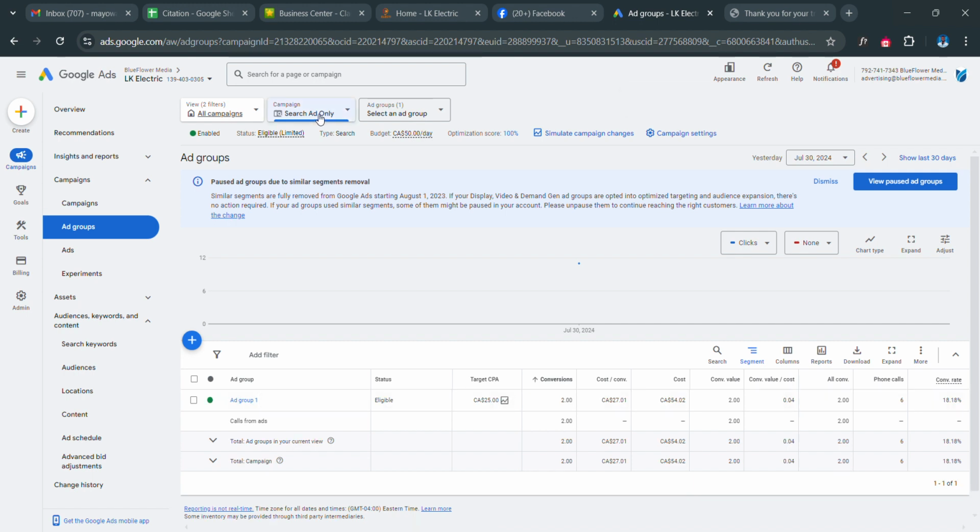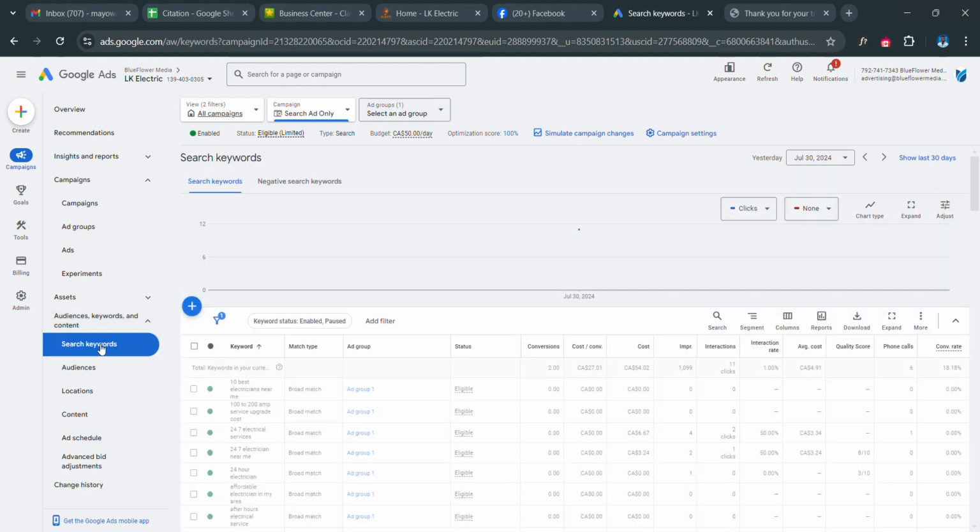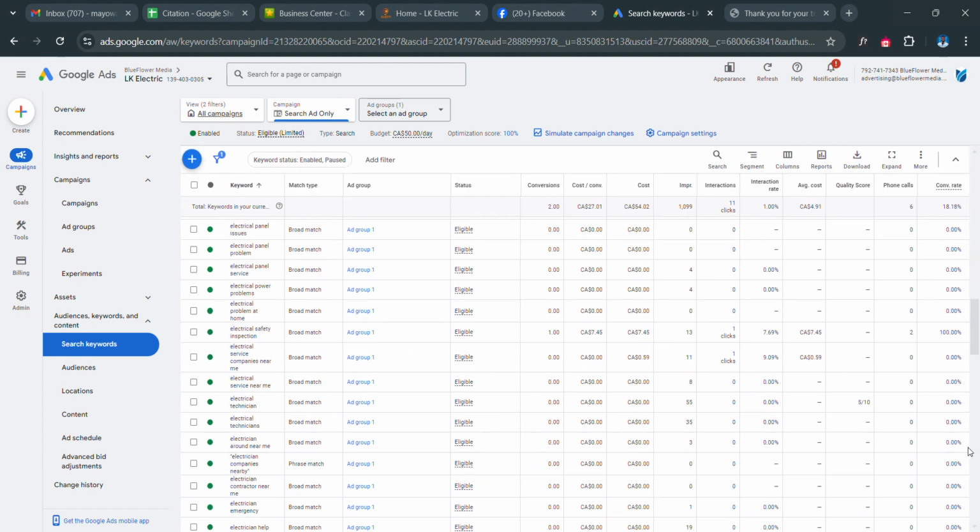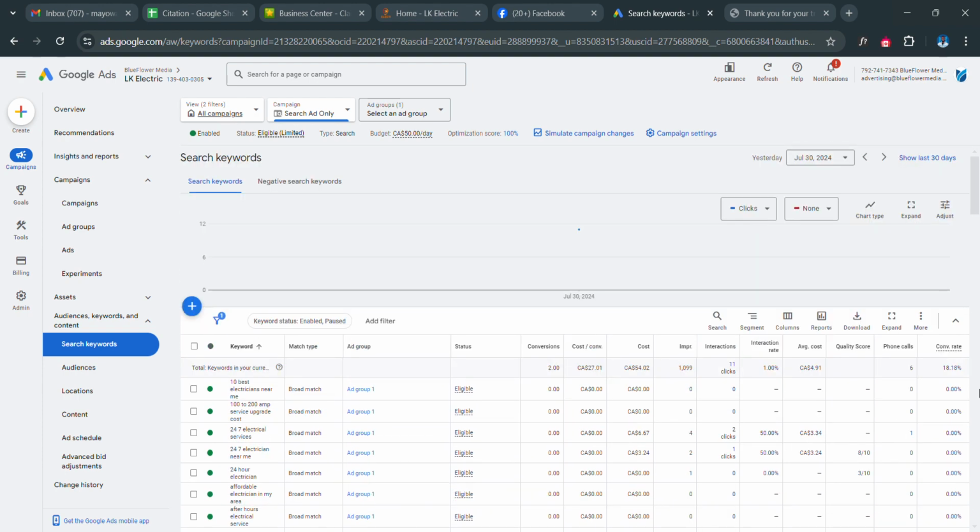So the next thing you need to do is to click on this. Sometimes the drop down might be closed, so you open the drop down, then you click on search keywords. When you click on search keywords, it shows you all the keywords that are on this particular campaign, right? So once you see all the keywords on this particular campaign, the next thing to do is to click